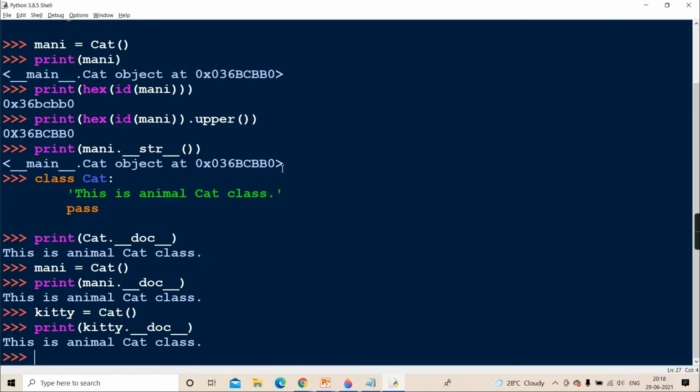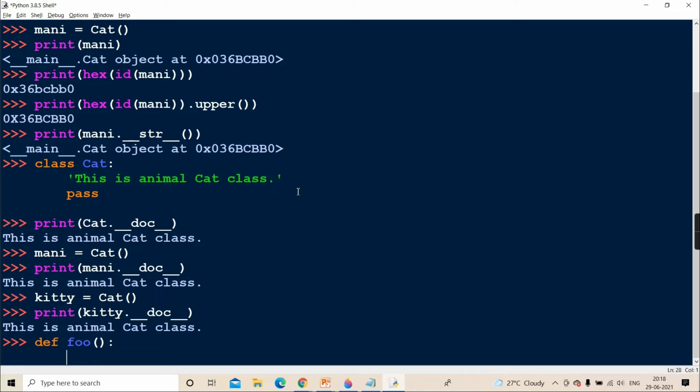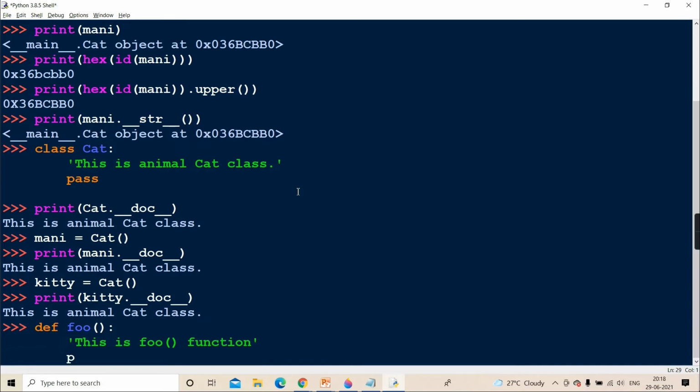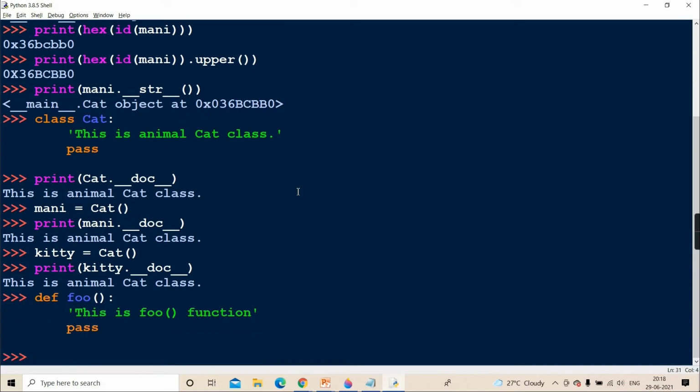Similarly, you can store this docstring in functions also, inside methods also. See, suppose I create one function def foo, and inside this I'm writing this is foo function, and again pass. Now I hope you know that every function is also an object.